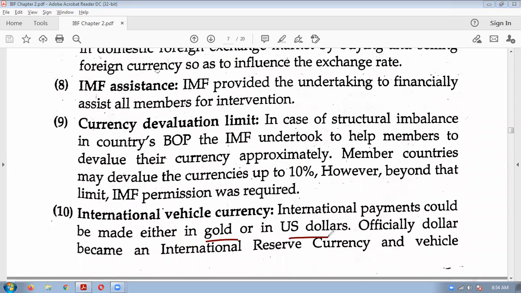But at present, we are following a flexible exchange rate system. So the US dollar is the vehicle currency. Vehicle currency means a currency which is accepted by all the countries. So you can easily carry dollars to any part of the world because all countries will accept dollars. Suppose you are going to visit Singapore, you cannot carry rupee cash. You will have to first convert it to dollars and take dollars with you. That's why it is known as a vehicle currency. For cross-border payments, the currency which is accepted by all the countries is a vehicle currency. So the US dollar is the vehicle currency.